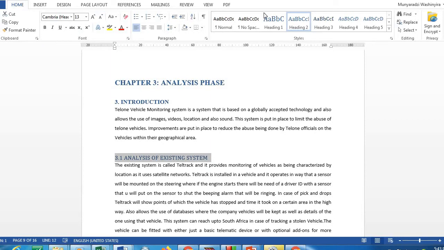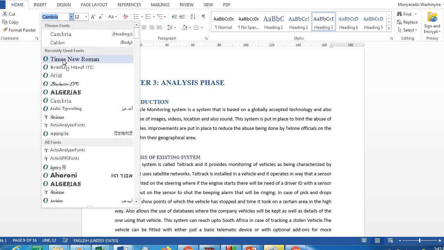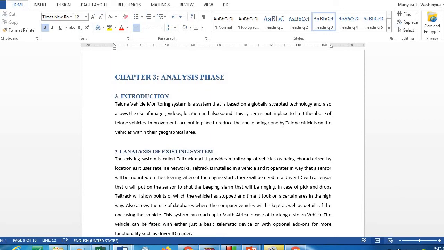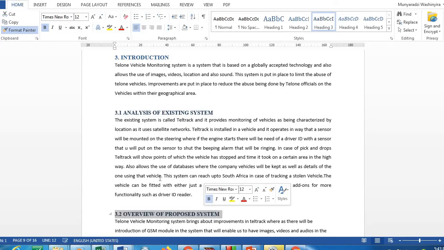This is now Heading 3, because it is now a 3-point heading. Also for Heading 3, let's use Times New Roman, and again you bolden like this. So this is how you write your headings. And for Heading 3 now, you highlight and follow the font by just making use of this brush. You highlight again, you take your format painter,